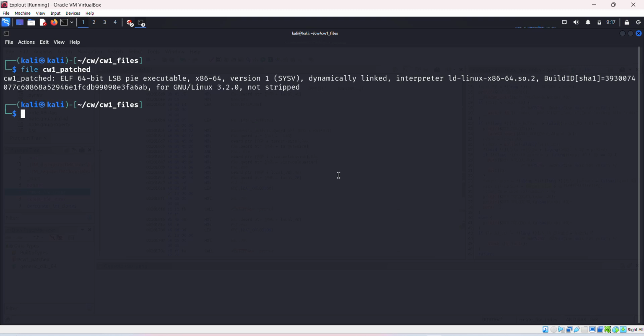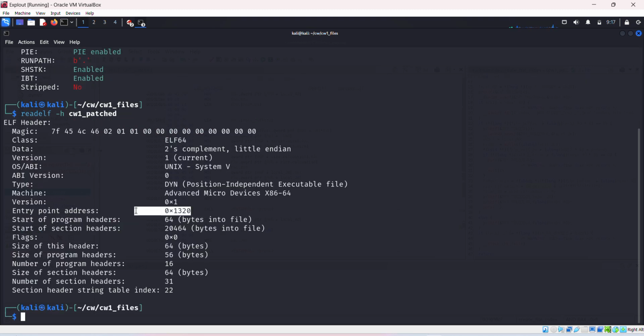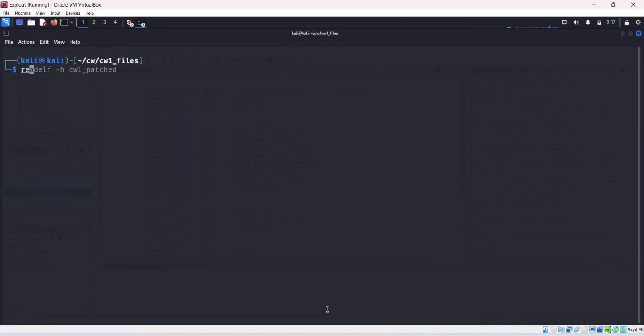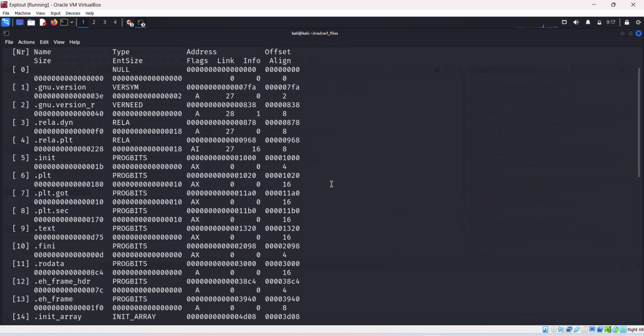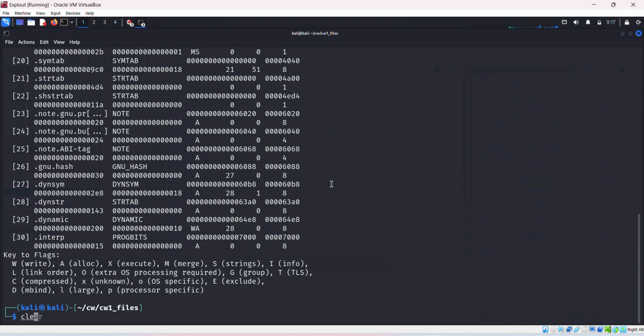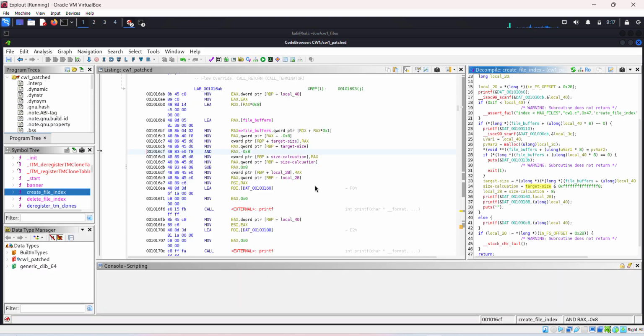It is not stripped, so it helps us in finding the buffer here. So let's look at pwn checksec. Also do the readelf. There is the entry point address, and there are the function types here. We need to manually inspect each element here, so we can use